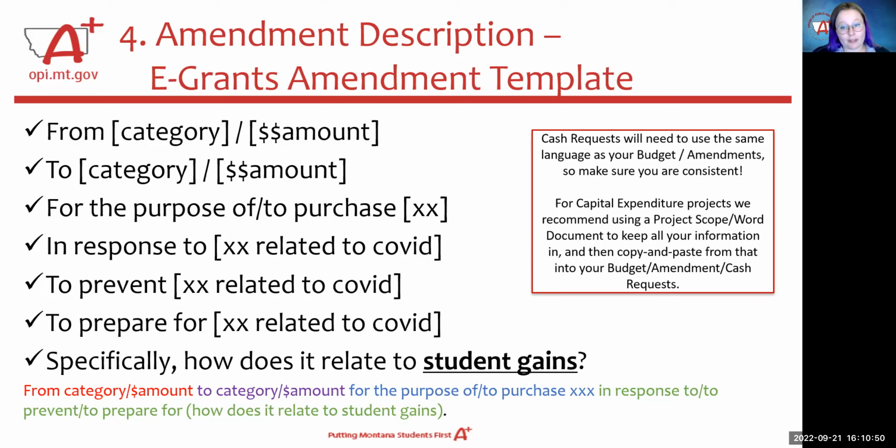So over on the right-hand side of your slide, notice that cash requests are going to need to use the same language as your budget and your amendment description, so make sure that you're consistent. If you were to make an amendment to move $1,000 for Chromebooks, like in my example, and then you submitted a cash request that had nothing to do with that, with what's in your budget, or you submitted a cash request that didn't include the language of how that expenditure relates to preparing, preventing, responding to COVID, or benefiting the students, that inconsistency